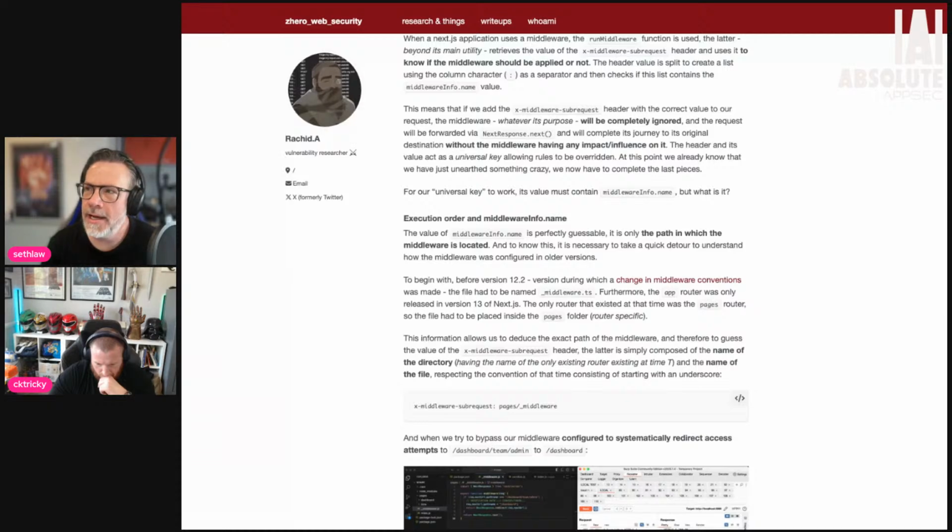I know I saw 6 Mile in Slack actually produced a nuclei template and pushed it out to GitHub, to run against your server if you're running Next.js. There's a few of those out there now. Next.js also released a WAF rule that you could roll out for CloudFront or whatever it is, to prevent this header from making it to your Next.js server. So in the case that you can't implement a patch, there are protections out there. It's all about knowing whether or not you are vulnerable to this. But man, it's going to have real world issues, right?